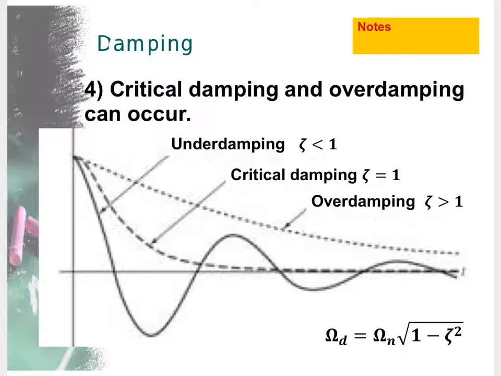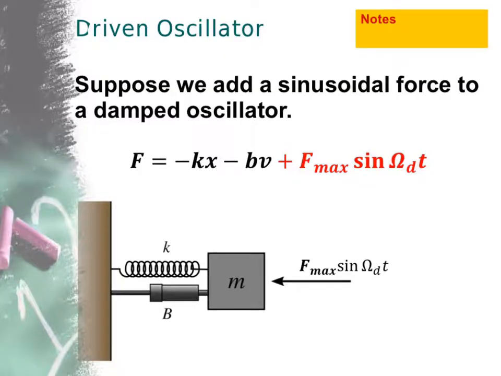Okay, so damping is one phenomenon that can occur when you add an outside force to a spring, and that force is proportional to velocity but acting in the opposite direction. Now, you can do something else, and this produces some other interesting behavior. So let's say that we decide to drive this thing with a sinusoidal force. In other words, I am going to grab this thing, and I'm going to apply a force that is